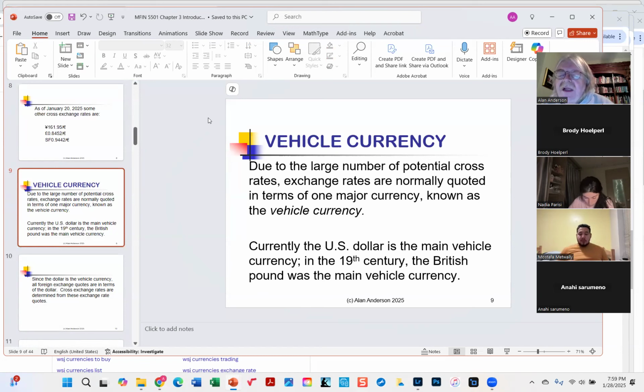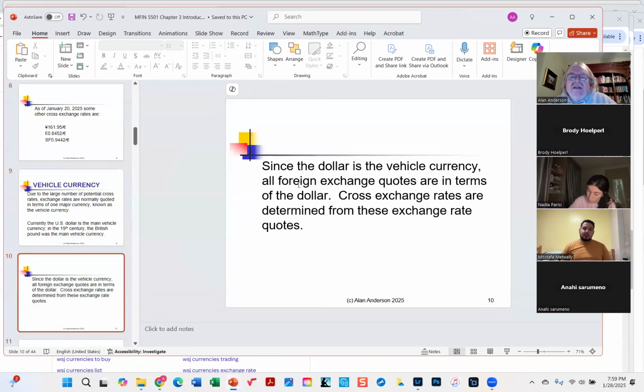If you go back the last 30, 40 years, you'll see a lot of newspaper and magazine articles where they claim that the dollar will be replaced as the vehicle currency by other currencies. Some years it was the yen that was supposed to become the new vehicle currency. Then at one point it was supposed to be the euro and then the Chinese yuan. But you know what? The dollar is still standing. It's still the vehicle currency for the rest of the world, and it'll probably stay like that for the foreseeable future. Okay. So anyway,